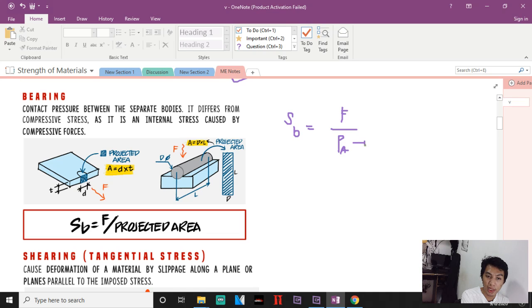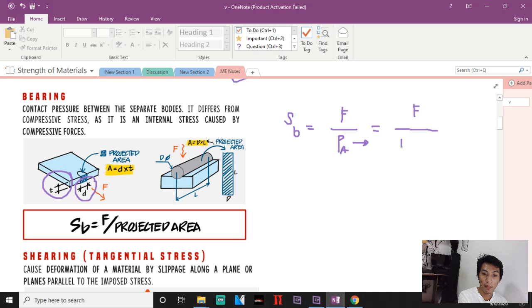Now, what is the projected area pagdating ng iyong bearing? Now, when we're talking about yung material natin, tignan nyo ito. Meron tayong thickness of the plate, meron tayong diameter of the hole. Now, ano ba yung nagpo-pull doon? Okay? Ano ba yung nagiging slot? Okay? Hindi naman yan pi, hindi yan yung circle. Okay? So, the affected area will be